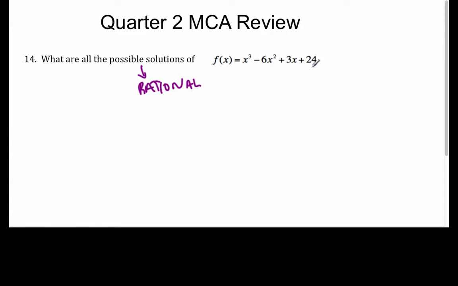Remember from the rational root theorem that if I take all the integral factors, integral meaning integer factors, of 24 in this case, and I divide it by all the integral factors of the leading coefficient, which in this case is 1, it creates a P over Q list. The P over Q list are the possible rational numbers that could be the zeros or the roots of this function. All right, so we're going to make our P list,